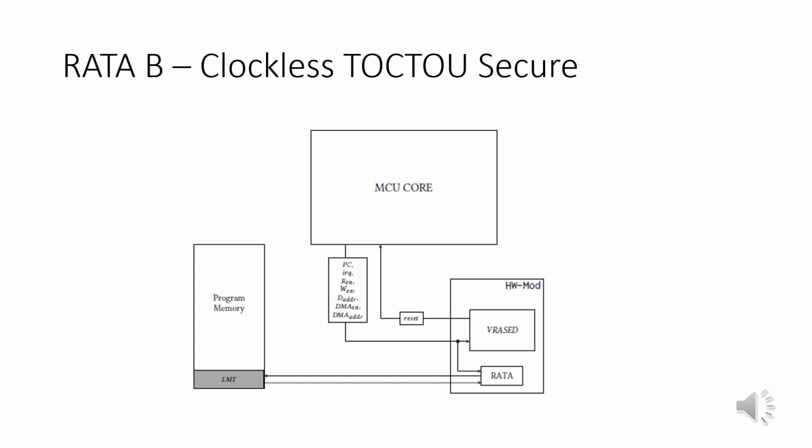In fact, RATA-B uses the attestation challenge itself for this task, taking advantage of the fact that the challenge is unique per request and is available in any RA technique, thus incurring no additional communication overhead. Security of RATA-B is tightly coupled with the authentication of the verifier request, which is already part of the VRASED architecture.